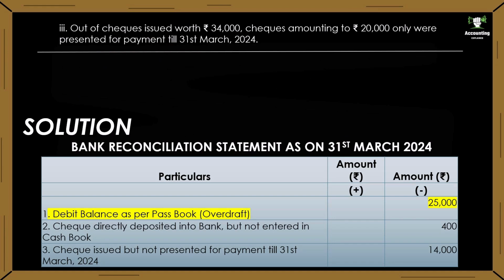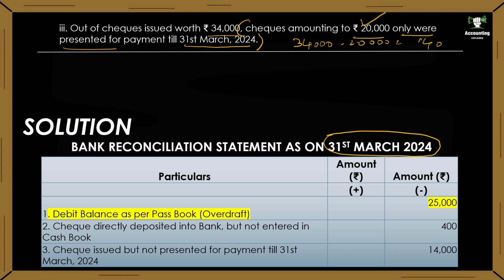Students, now let's go to point 3. Out of checks issued worth rupees 34,000, checks amounting to 20,000 only were presented for payment till 31st March 2024. Here the BRS date we are preparing is as on 31st March 2024. So checks amounting to 20,000 were presented for payment till 31st March 2024, meaning both in the cash book and the passbook they have passed entry for rupees 20,000. So the remaining amount, 34,000 minus 20,000, that is 14,000 worth of checks, has to be entered in